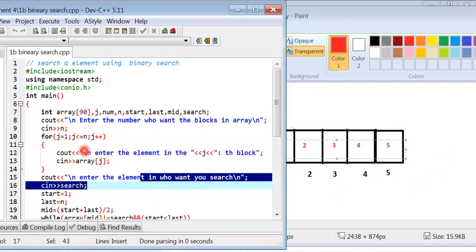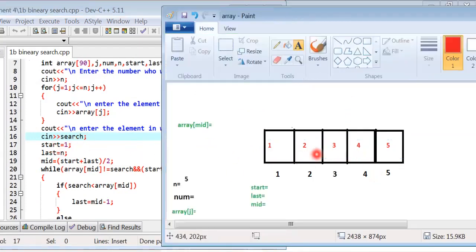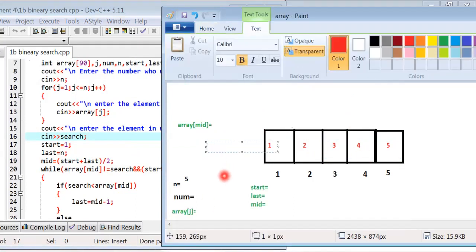After this the condition is false, the loop is terminated, and we enter the element we want to search. We enter the value of search as 4.